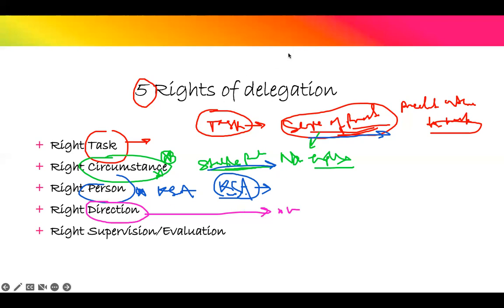The direction is different from supervision, okay? Don't get that one confused. You may give them the right direction, but if you don't,